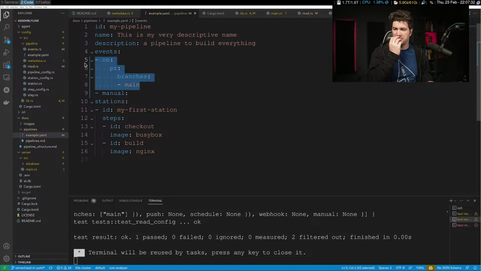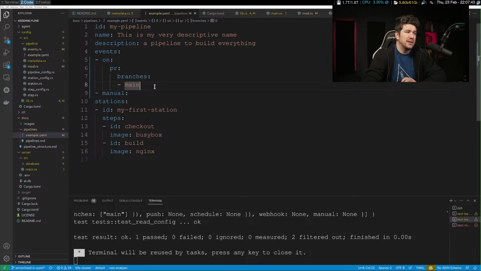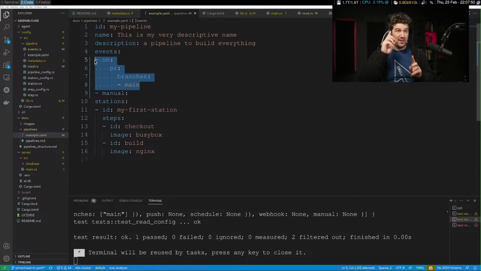I just don't know if there's a use case for not allowing. So my thought was, it's not about not allowing manual run. Let me try to explain this.